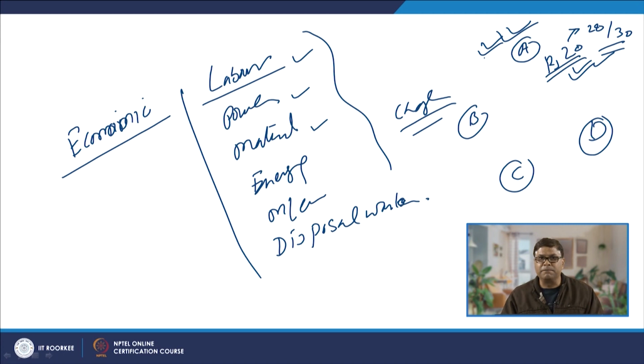In that case, the company or organization may think of going for some other locations which may be more attractive in terms of economy, due to cheaper labor, cheaper power, or the raw material being close to the source. So the point here is that economics also significantly governs the location where the plant should be located. These are the general factors which govern the conditions for coming up with newer plants at different locations.